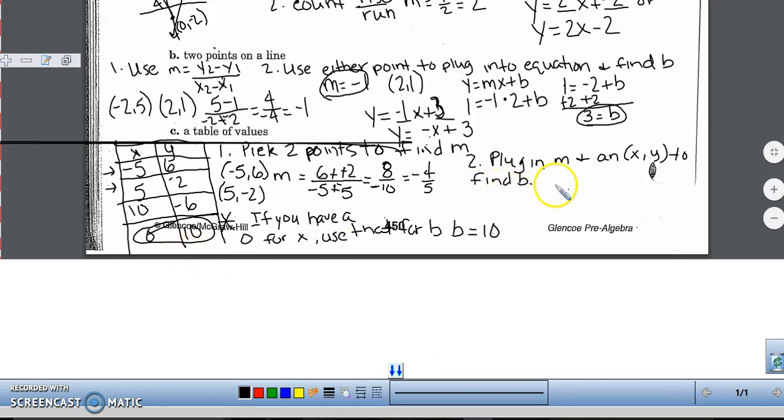So in this case, my m is -4/5, and I am going to pick, let's do the -5, 6. So 6 is my y, -4/5 is my m, times -5 is my x, plus b. I will simplify this. Two negatives make a positive. These two would cancel out because you put a 1 underneath. So now I got 6 equals